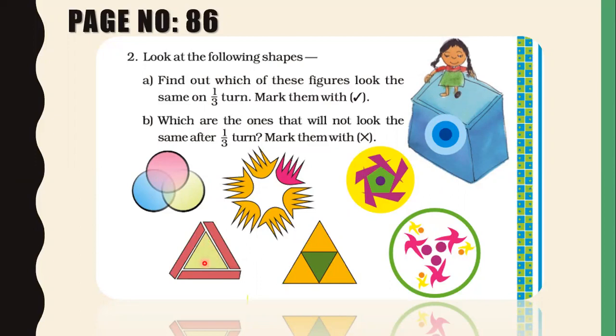See this triangle, it has 3 lines of symmetry and it will look the same on a 1/10. Same, this fifth figure is already discussed yesterday and this also will look the same on a 1/10. And the last figure, even though it is given in a circle, this figure has also 3 lines of symmetry and this will be also looking the same on a 1/10. So remember, last three figures 4, 5 and 6 will look the same on a 1/10 and the first three will not be looking the same.